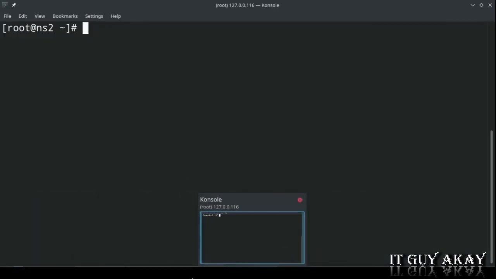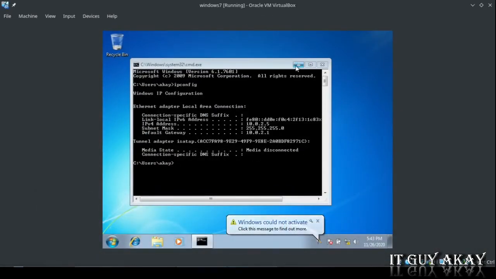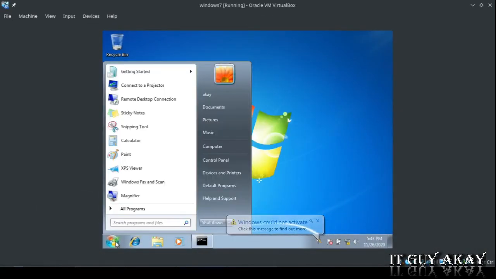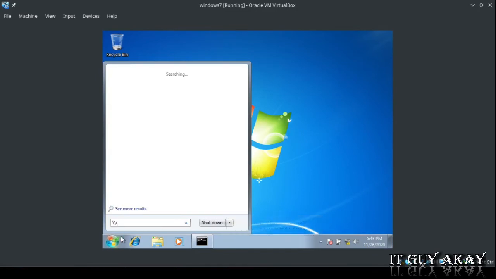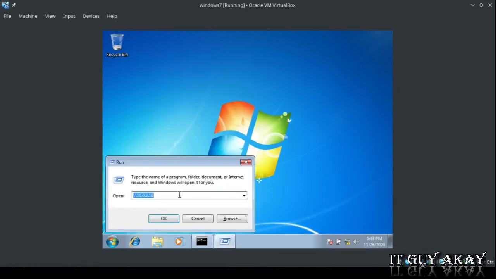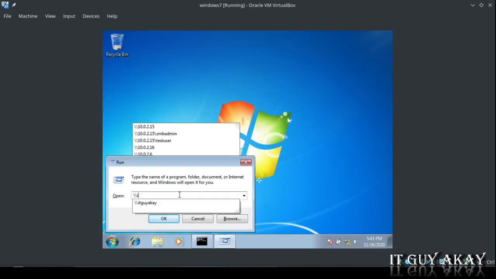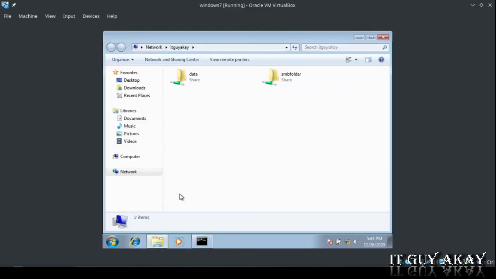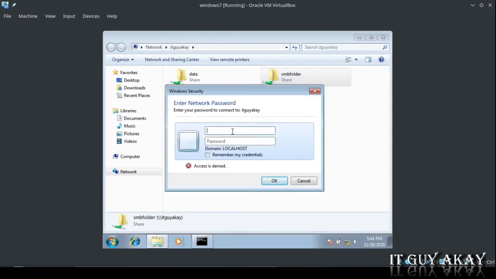Now go to your Windows machine and try to access the share with the NetBIOS name of the server or with the IP address. So here you can see we are able to access the share. Now try to log in, apply the correct username and password.